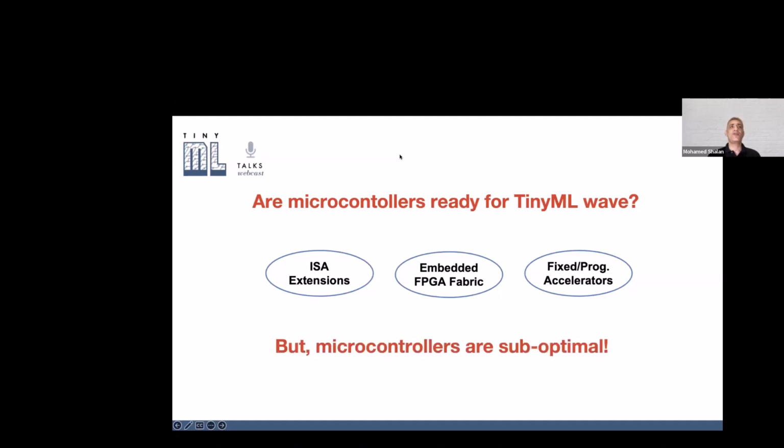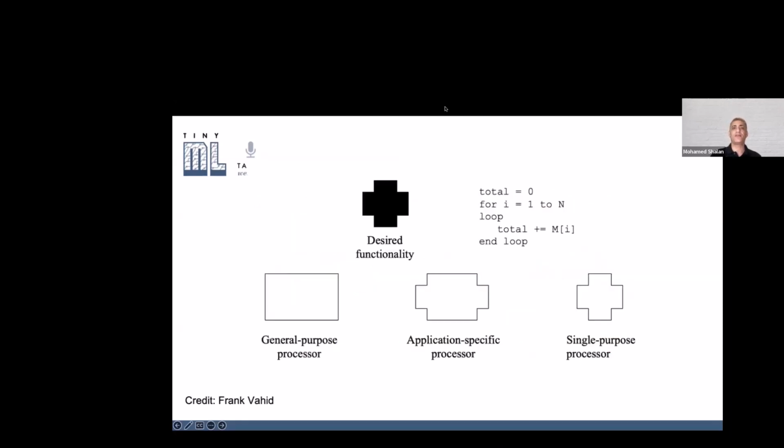But the thing is, however, all of these solution microcontrollers are still suboptimal. Actually, I'm borrowing here a slide from Professor Frank Vahid, where we're discussing the difference between having different processing elements to implement certain functionality. We have a wide spectrum, starting from general purpose processors to custom processors that do nothing but the specific function. In between, we have the application-specific processor, and actual microcontrollers fall under this, with all the accelerators, all the extensions, all the things that we put into microcontrollers to make them a perfect fit for